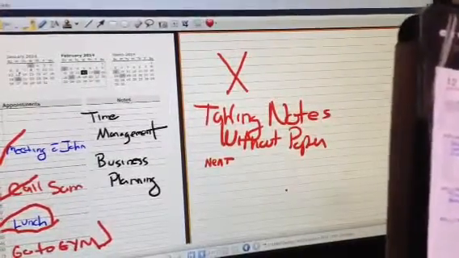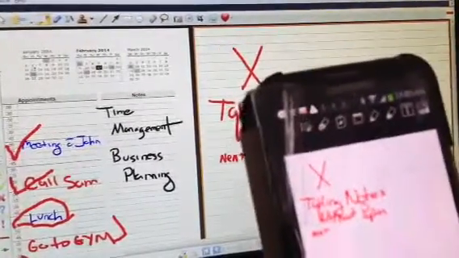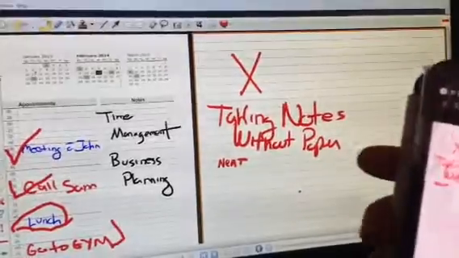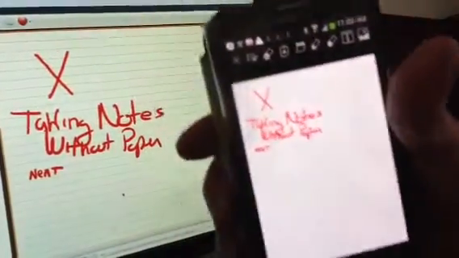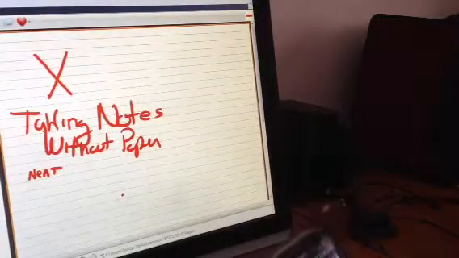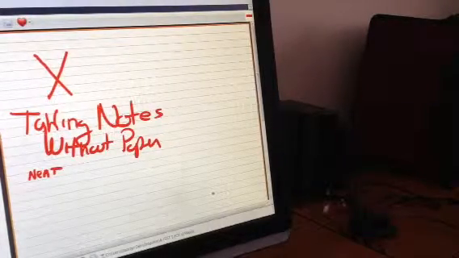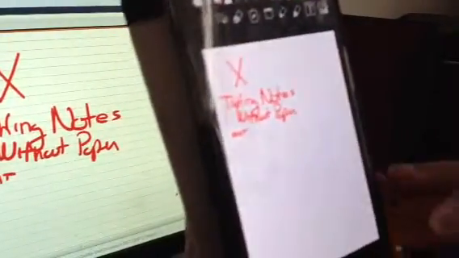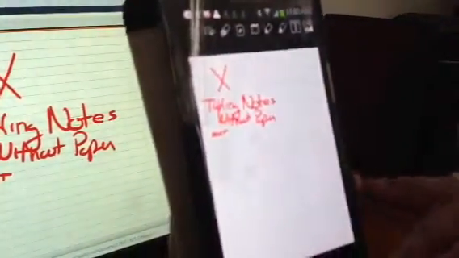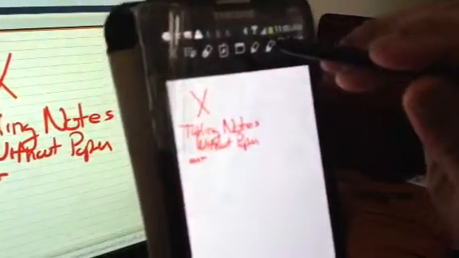Let's see the next page. Oh, look what we got. We got here, here. Now, what I want to do is I want to annotate on this device. So, this being a Samsung Galaxy Note, hold on one second, 2, I can simply, for the sake of demonstration, go to the pen here,